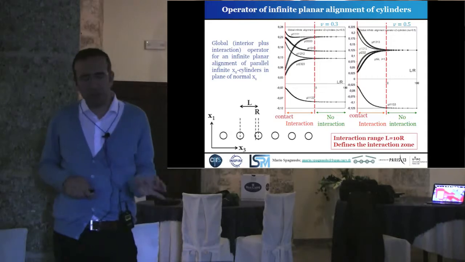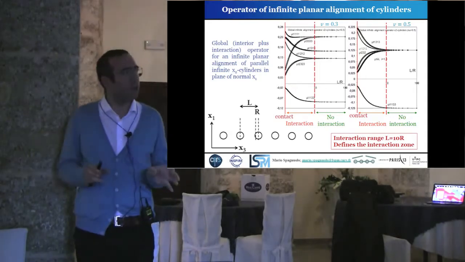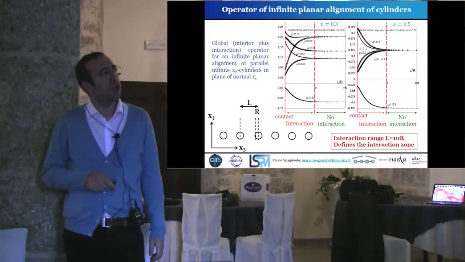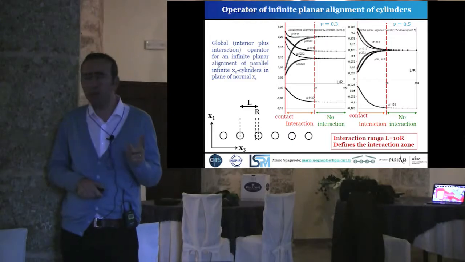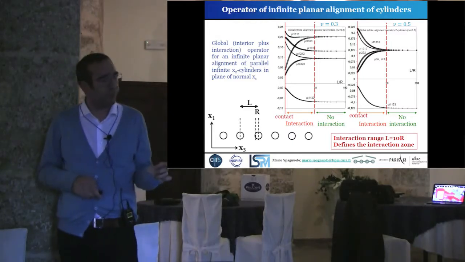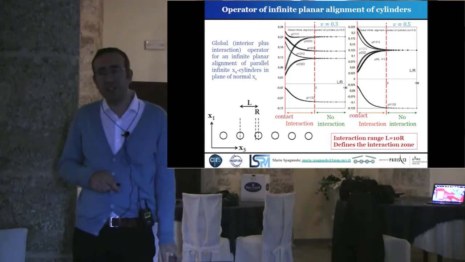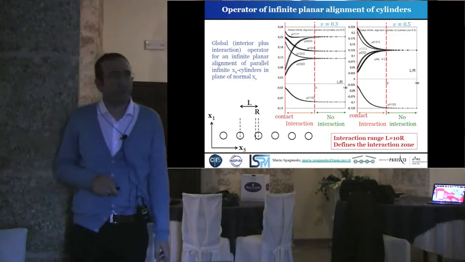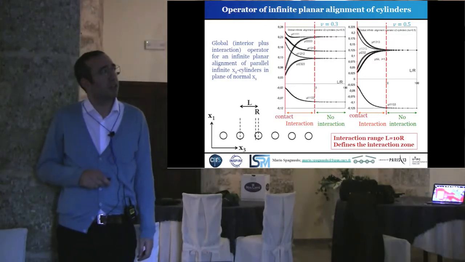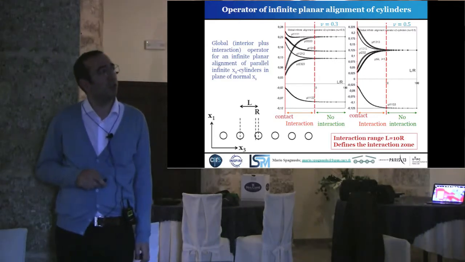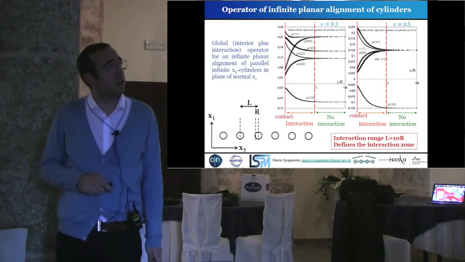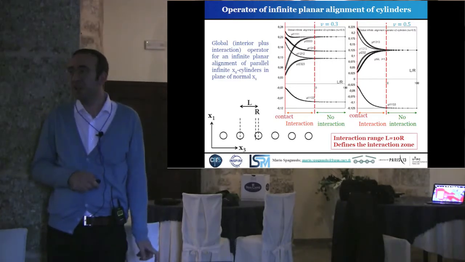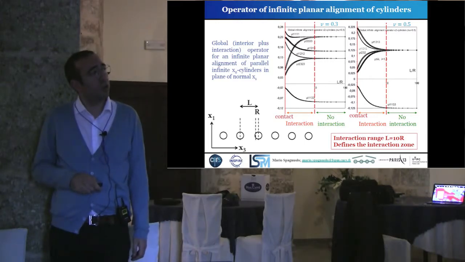If the single fibers are really far from each other, so we have a dilute phase, we have the values which are the same as for the single operator for a single inclusion. When we approach the fibers, so the interdistances are very small, some components of the operator are zero and others instead become different from the single inclusion. And this image clearly shows that we cannot neglect the interactions between the fibers,